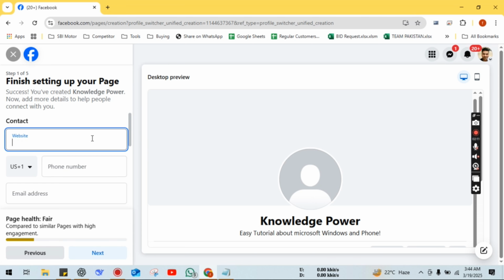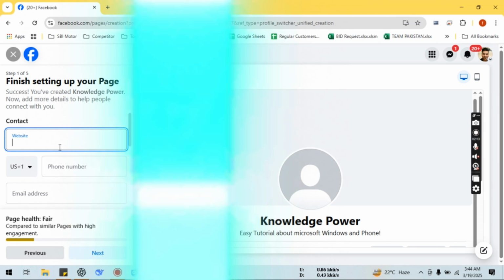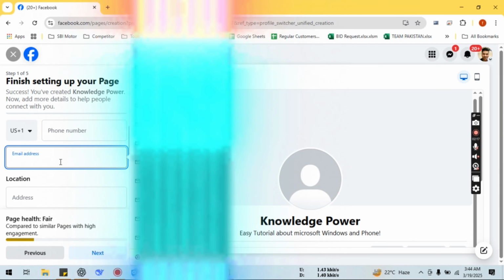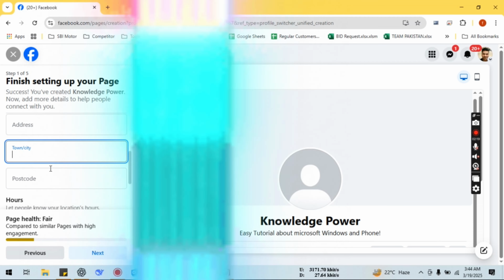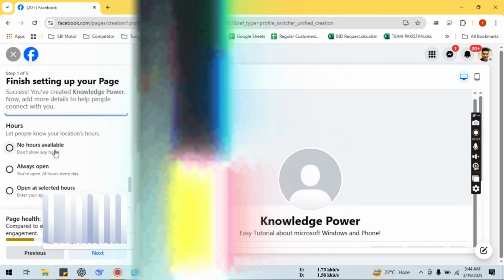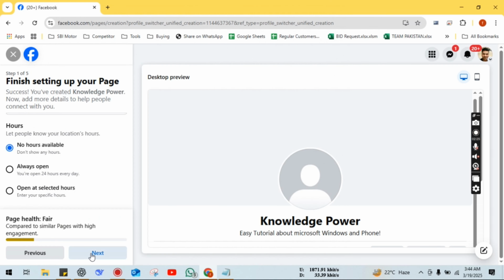Now it gives you an option to write the address. You can note down the address of your page, your phone number, your email address, your location, your town, and everything that you have. If you don't have any hours, you can skip it. You can click on next,